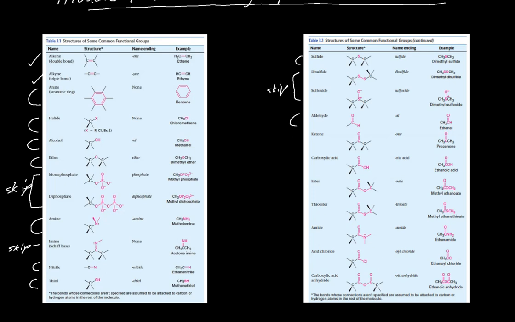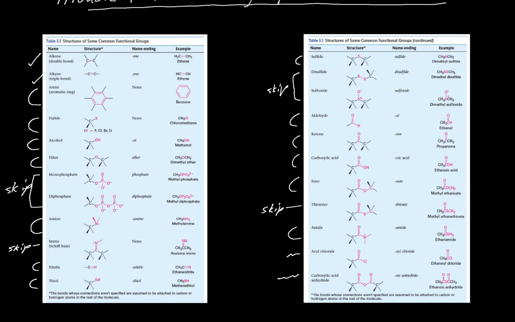Aldehydes we want to know. Ketones, carboxylic acids, esters. Amides, we can skip thioesters for now. Acid chlorides, well, those are pretty easy. And then anhydrides, which I actually did kind of mention, but again, you can take it or leave it for now. So, one thing to point out,